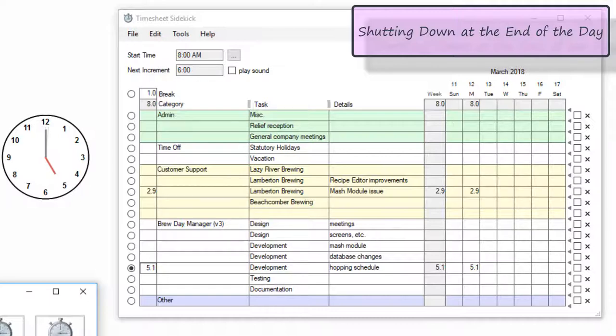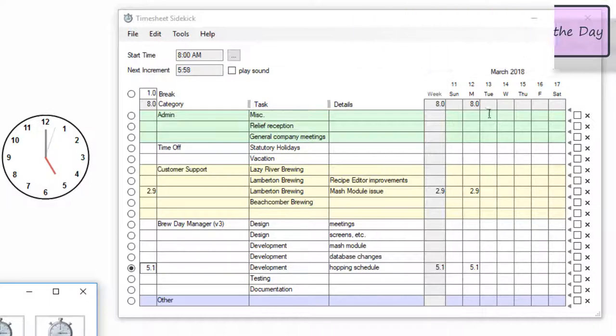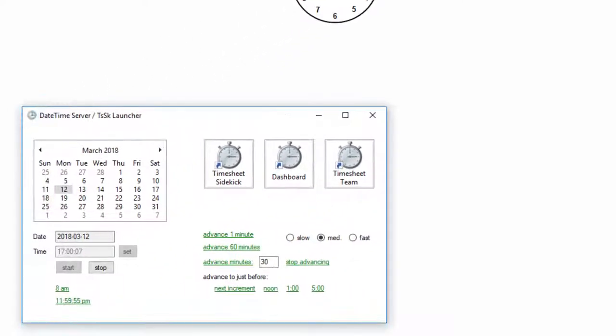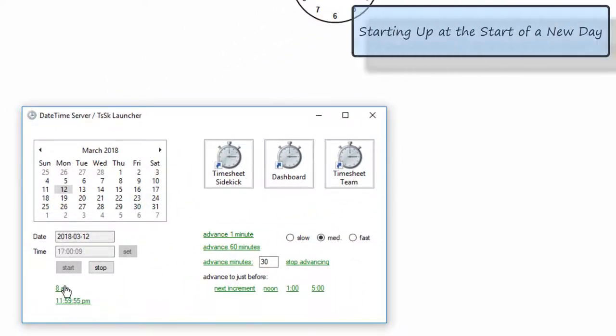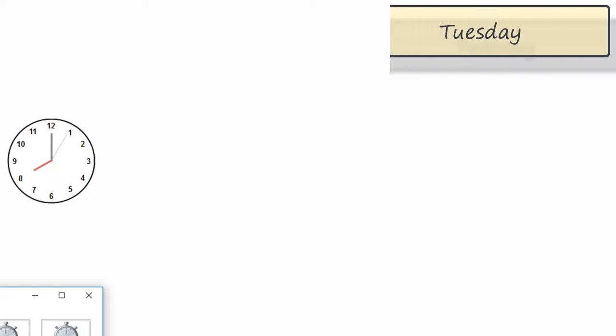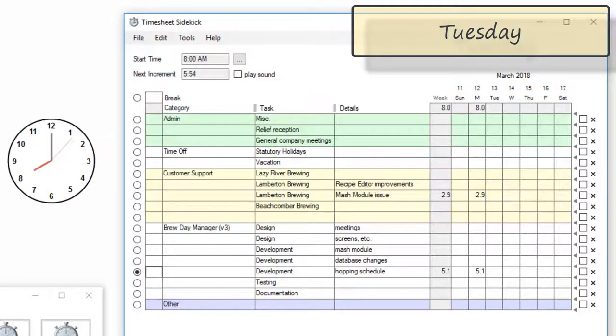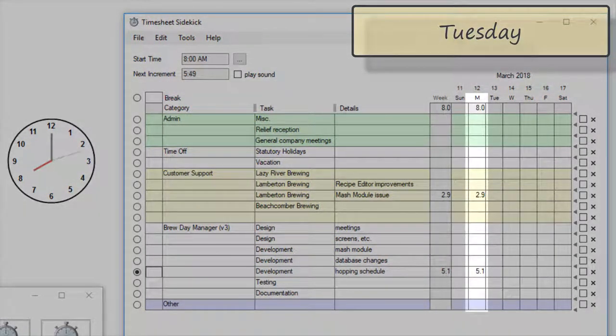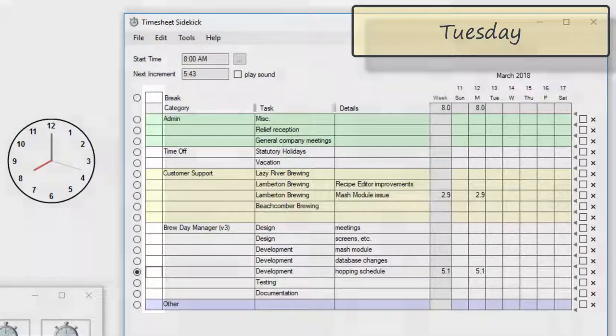I am now done for the day, so I'll shut down the program. Now we'll pretend it's 8 a.m. the following day, Tuesday the 13th, and I'll launch the program. We can see now that our times for yesterday's tasks are showing here in the column for Monday, and the times for today, Tuesday, are blank. After an hour,